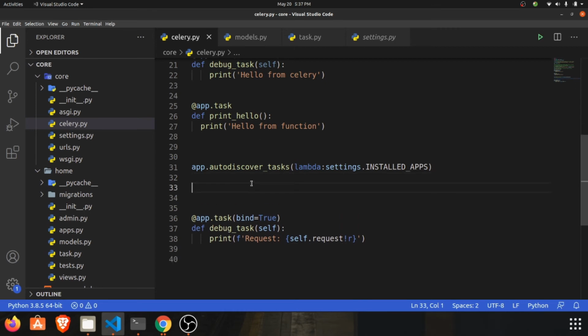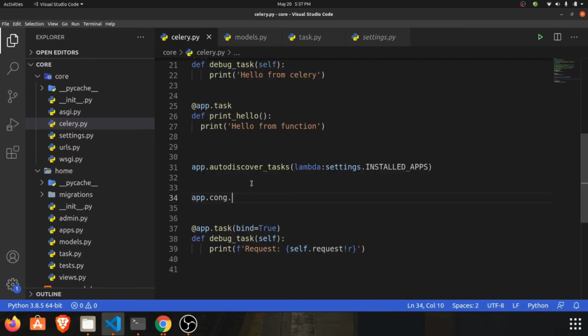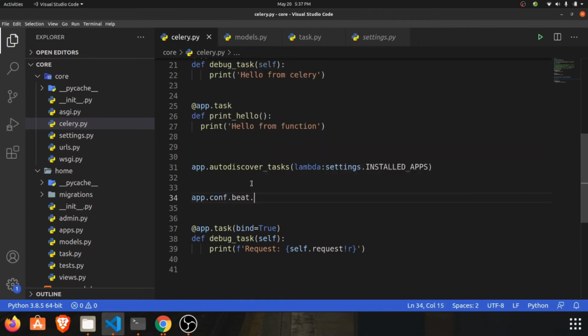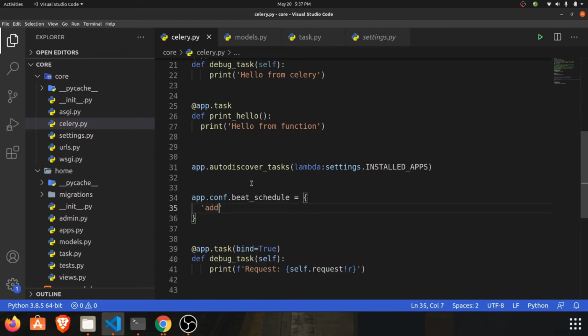So we will create app.conf.beat_schedule.